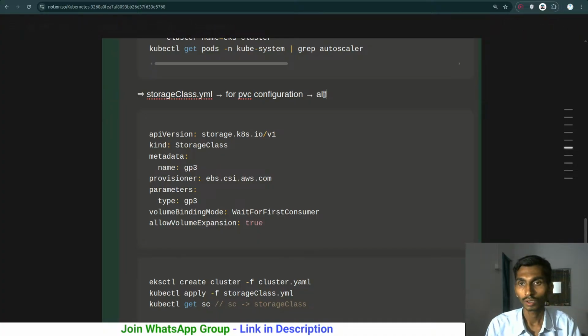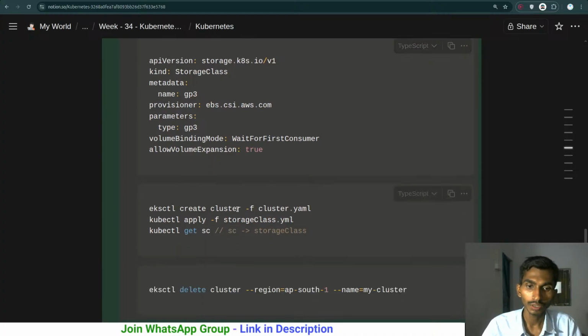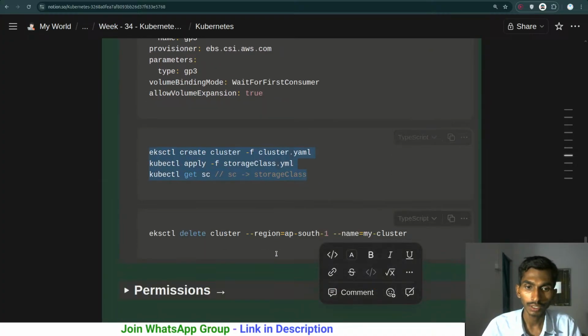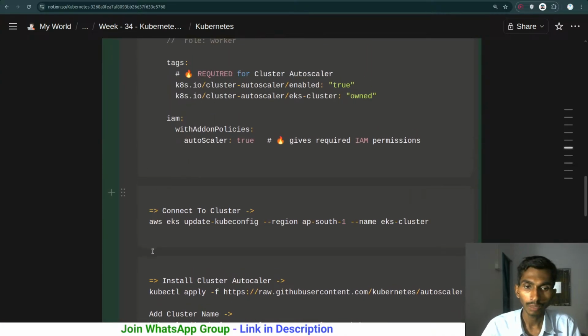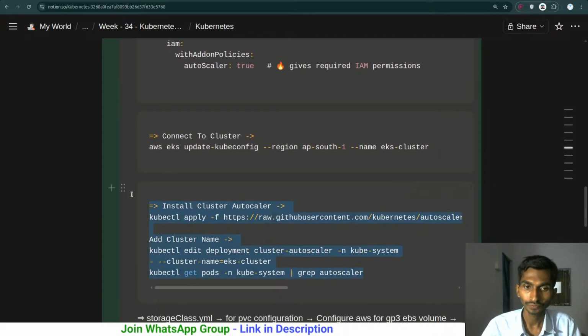So allow or configure AWS for GP3 EBS volume. That's what we are doing over here. So this is being done. Once this is done, then we are just simply connecting that. That's okay. And we are deleting the cluster. Just below this, I will have all the code related to the